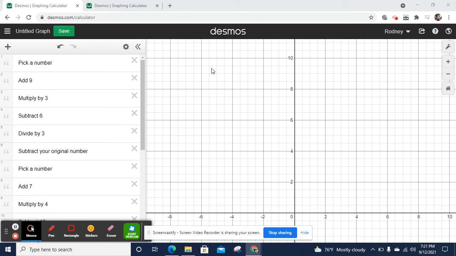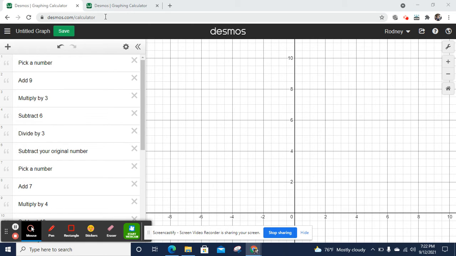This is Mr. Ward, and I'm going to walk through some of the magic tricks that we've created and this little reminder of how to do some things. And start off with the very first one that we did. And I'm using a tool here that you're going to want to become familiar with called